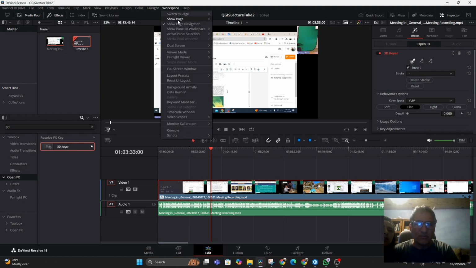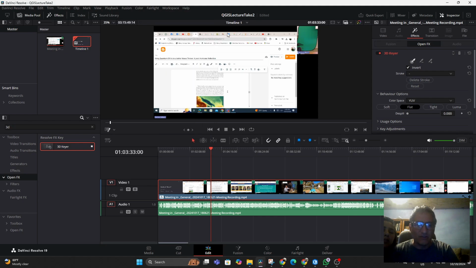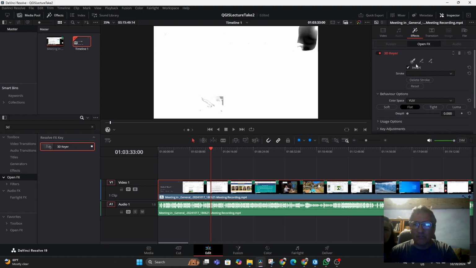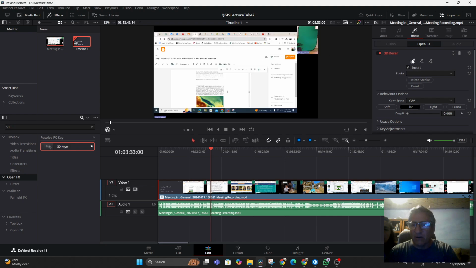I'm in the edit workspace already, so there's nothing to switch to. That's not the issue. Down here, this was on Fusion Overlay, and it needs to be OpenFX Overlay. And then, perhaps, when we click on it, yes, then it works. And so what I do now